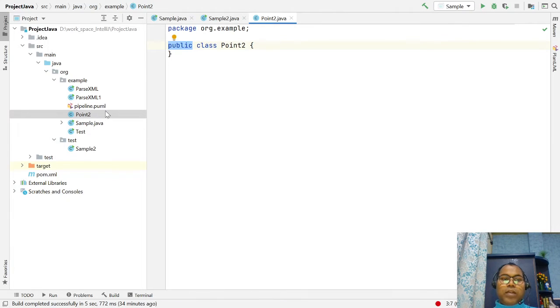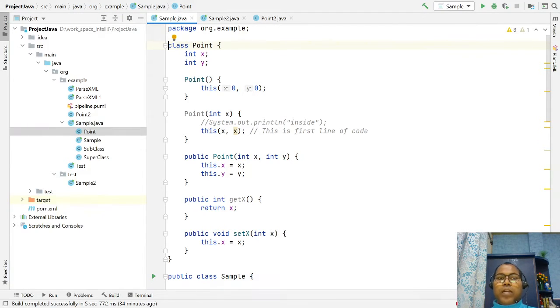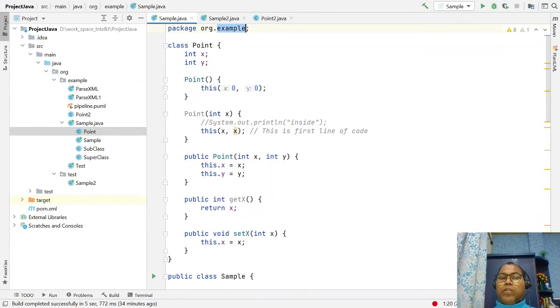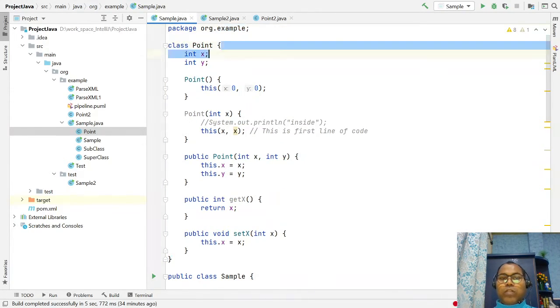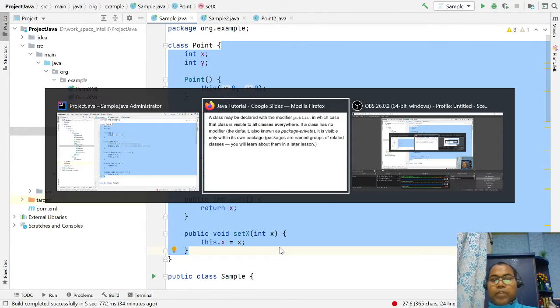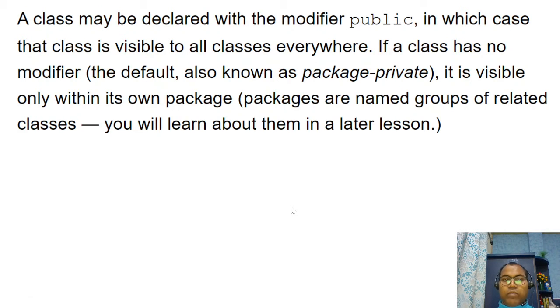If you are not specifying any modifier, that means this class is only accessible in the particular package in which it was created, inside your example package. So this is the one scenario we have to know.